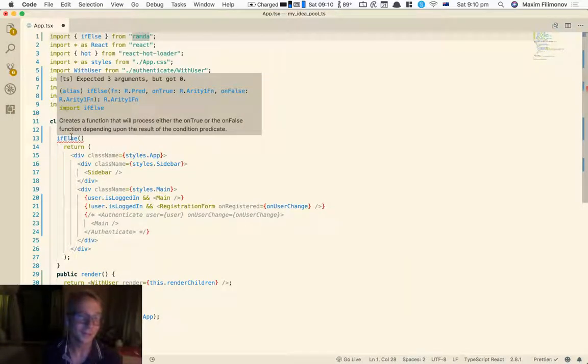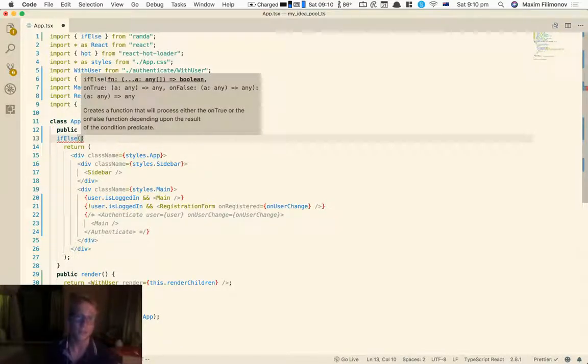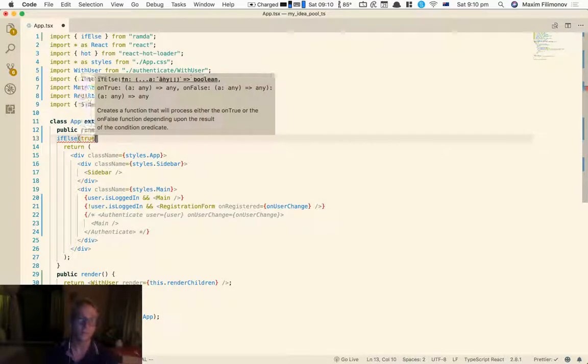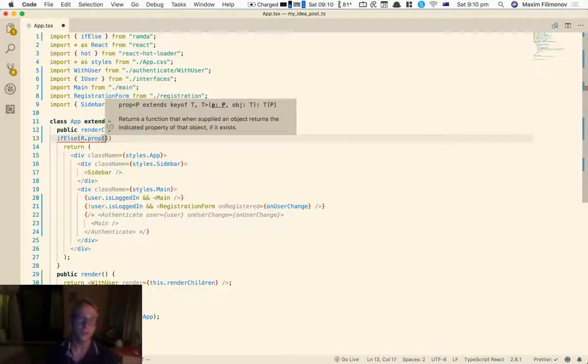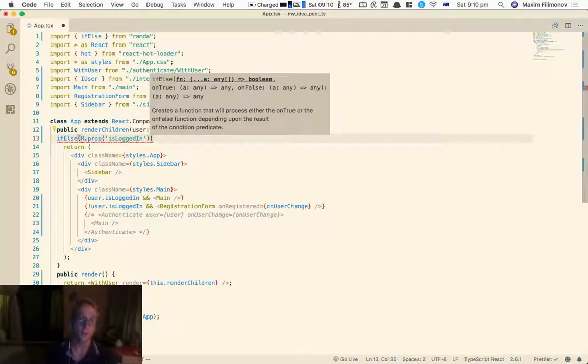So, ifElse, now it tells me what's going on. Now it gives me all this nice information. So this is a function that should return a boolean. And if I give it a true here, it will tell me this is not right, so first you need to pass the 3 arguments, but you actually need to give it something which returns a function. And I can actually do this, isLoggedIn, which will grab the property from whatever object. And then I can say